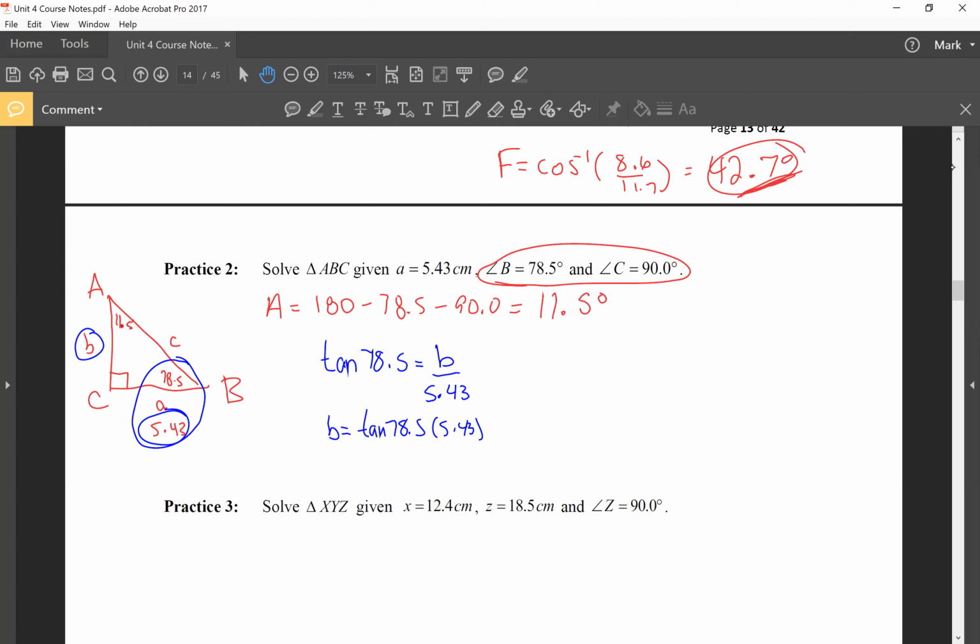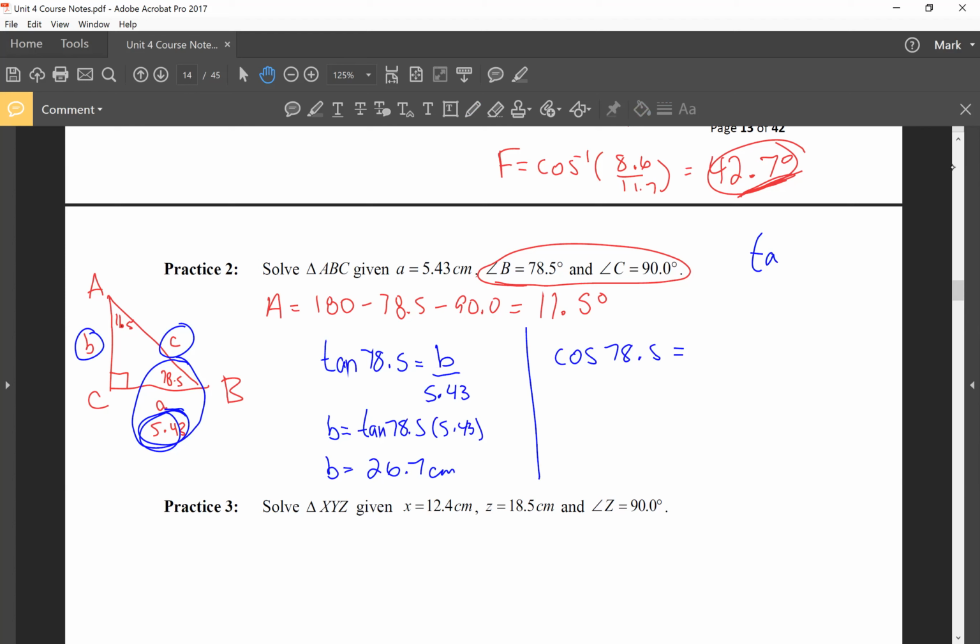I'm talking to myself, don't mind me. For B, I get 26.7 centimeters. All right, what about C? Now, for C, I know the adjacent and I'm looking for the hypotenuse. So why don't we use cosine? Cosine of 78.5 equals,